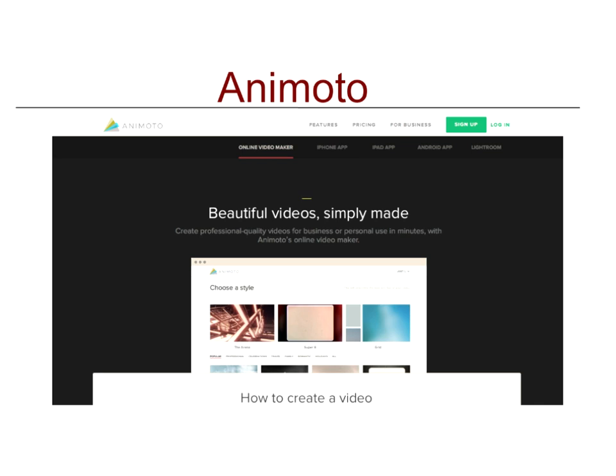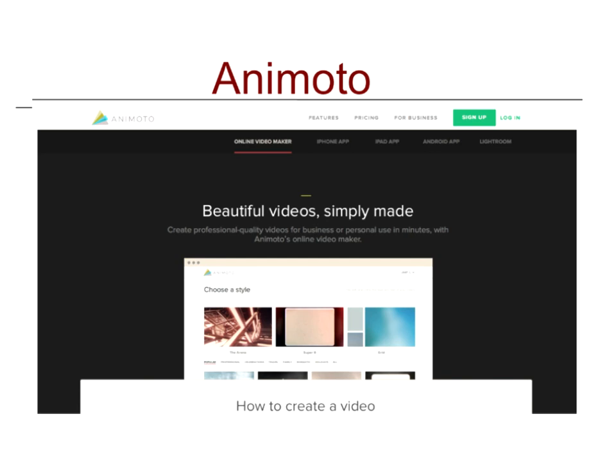What I like about all of these apps is that with the more professional video editing tools you have a lot more flexibility, but you have to be good at using them in order to make something look good. Whereas with all of these apps, you don't have as much flexibility, but almost everything that you produce ends up looking professional. And Animoto is another great tool that's going to allow your students to put together